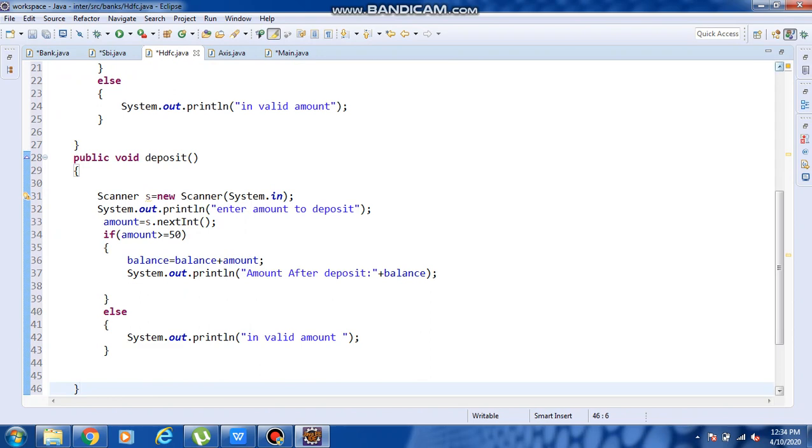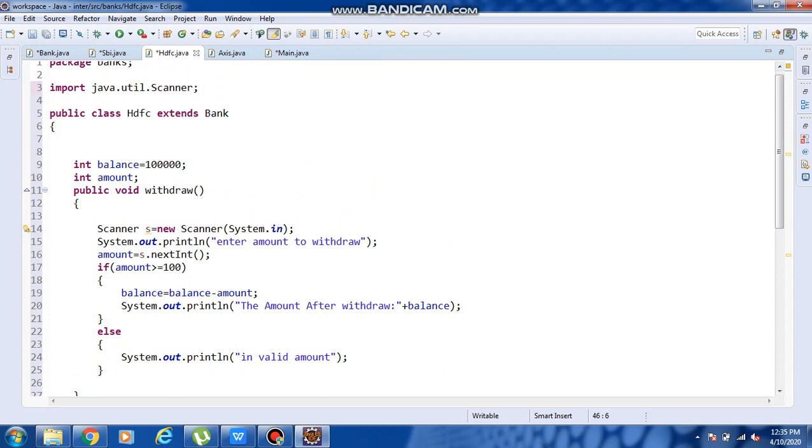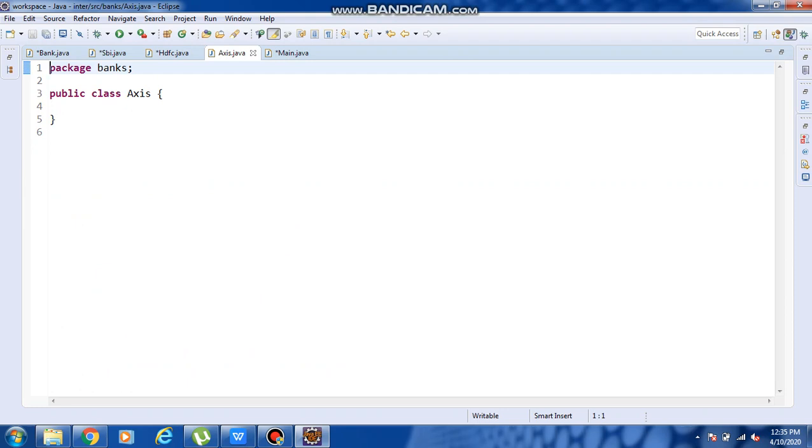Where I am changing my program is this: I am having accounts in both SBI Bank as well as HDFC Bank, but in HDFC, for example, I am having 10,000 rupees. The remaining functions are all the same. In the same way I went to Axis Bank.